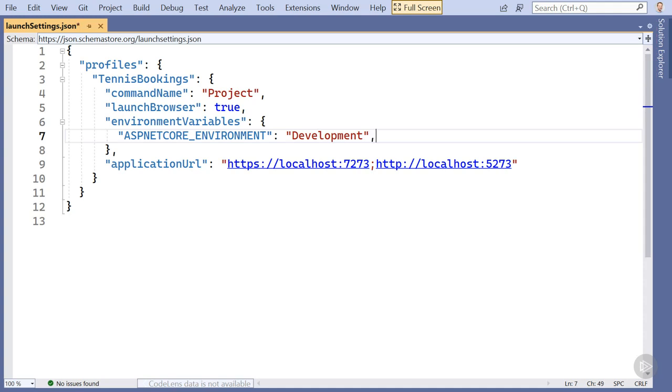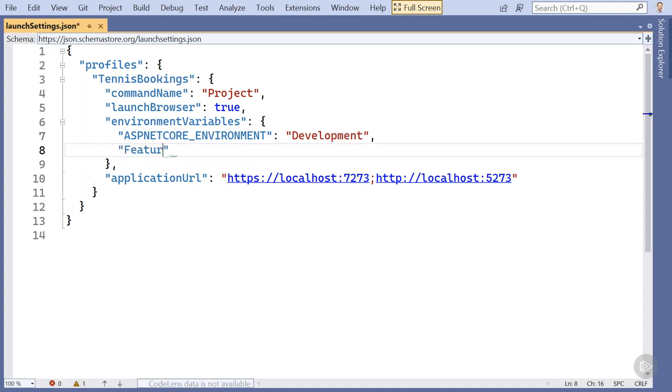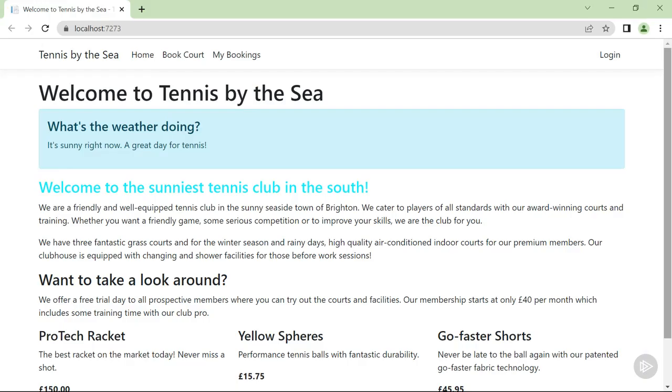We can define our own environment variables here too. I'll add one to set the greeting color to a cyan blue. We can specify the name for the environment variable using underscores for the separators, and then provide our hex value for the color that we want to use. If I run the application from Visual Studio by pressing F5 to begin debugging, indeed the color for the greeting